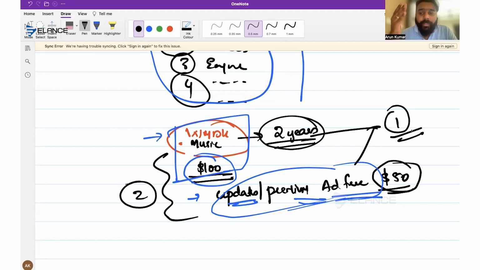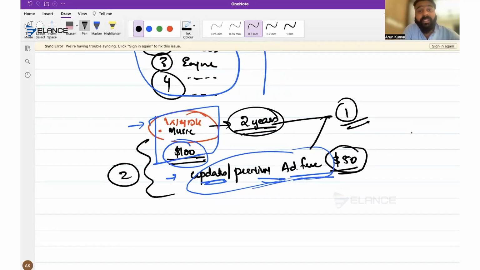But we should write the answer according to your conclusion. Don't mix it up. The examiner needs an answer that is either 1 or 2, so your answer should be framed according to your conclusion. I know that there are students who mix it up, saying it will be 1 or 2. That mix up should not happen. First of all, make up your mind that either you will go for 2 or 1. Then frame your answer by getting the supporting lines from the scenario. Is that clear, everyone?